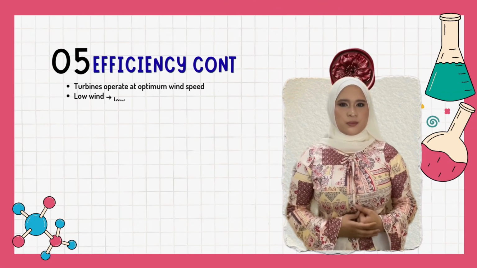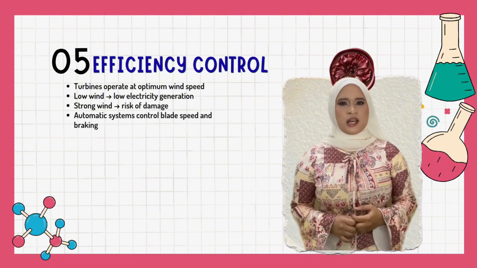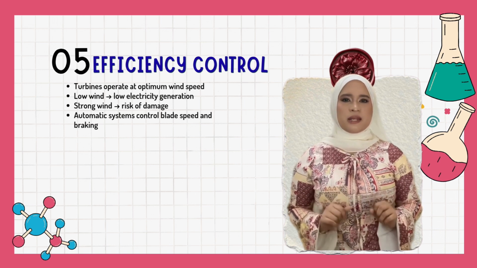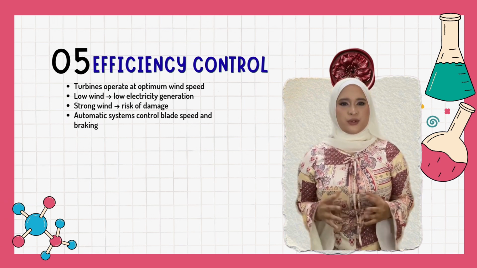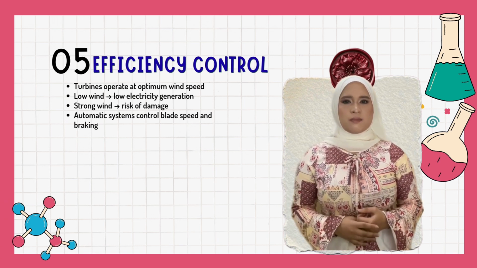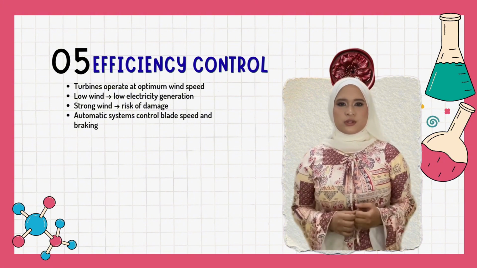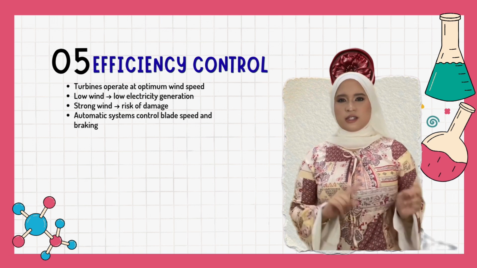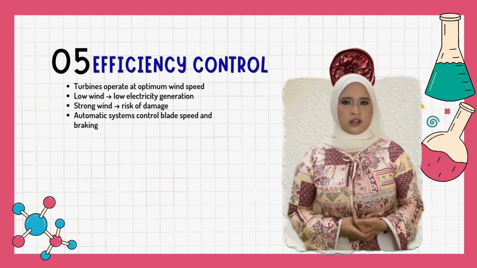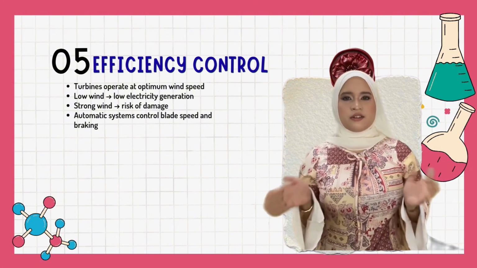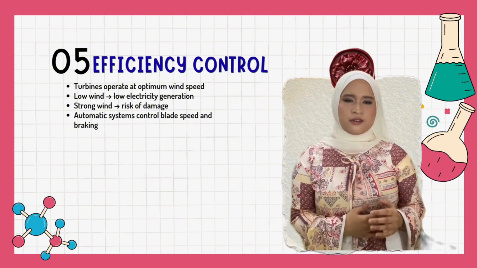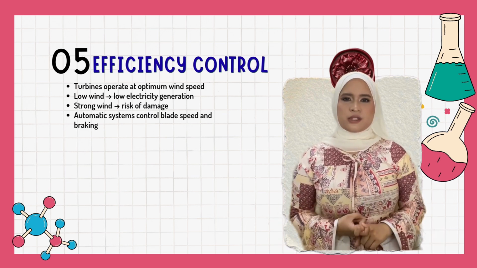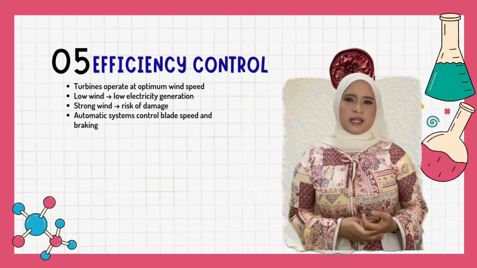Another important scientific principle is electromagnetic induction. Inside the generator, magnets rotate around copper cores. As the magnetic field moves, electric current is produced. This principle was discovered by Michael Faraday and is still widely used today in many electrical power systems. Wind turbines also involve torque and rotational motion. Torque refers to the rotational force that turns the turbine rotor. Generally, stronger wind produces greater torque and higher rotational speed. However, the turbine cannot rotate too fast because excessive speed may damage the mechanical system.